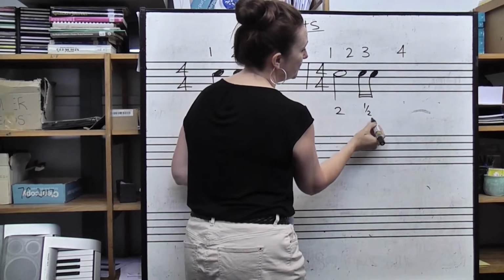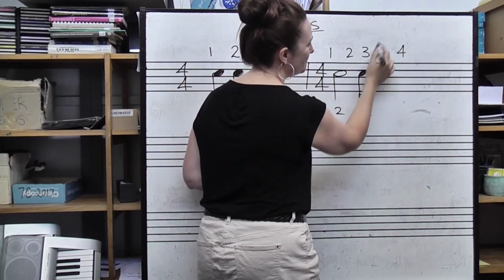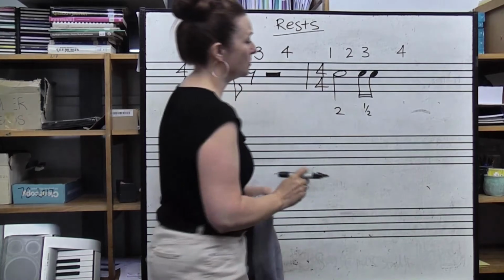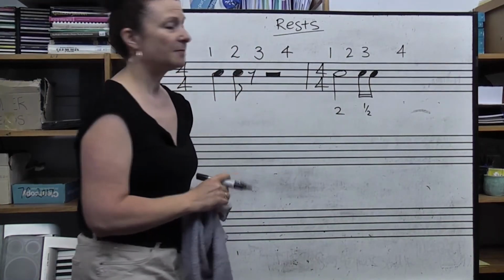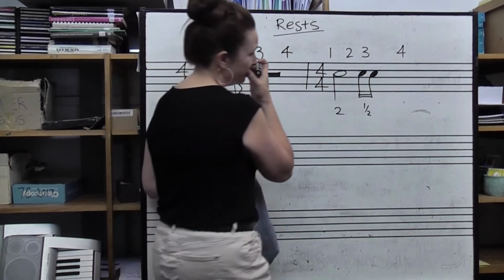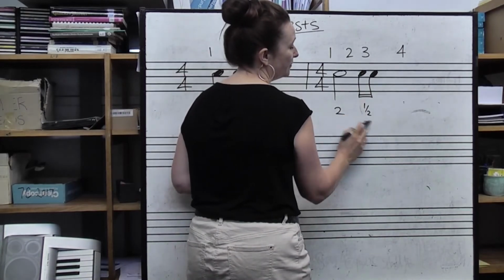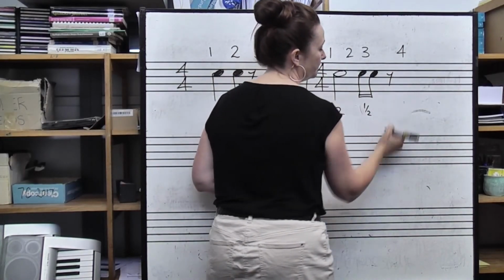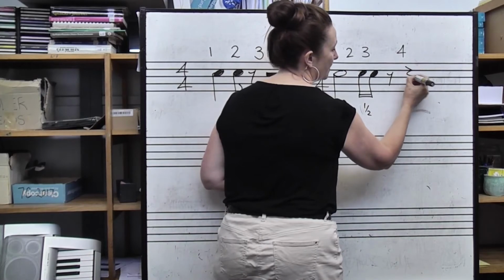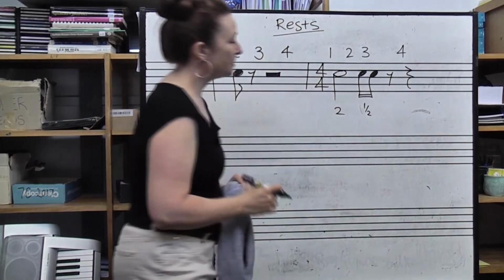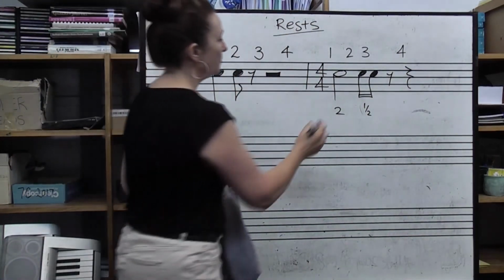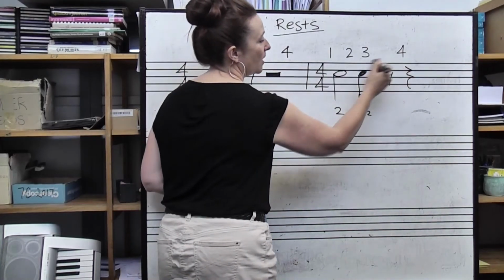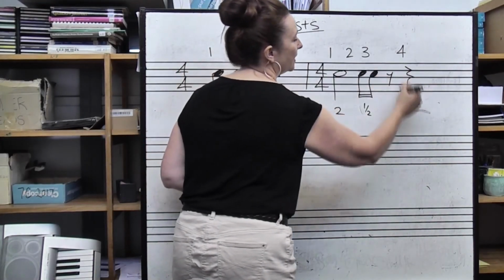Because that's only a half, we've still got another half to go to finish that beat off before we move to 4. So in order to make sure that we get the rests in the right order, we need another half beat rest. And then we can put our final beat rest. So then, that's 2 beats there, that's 1 complete beat there, and 1 complete beat